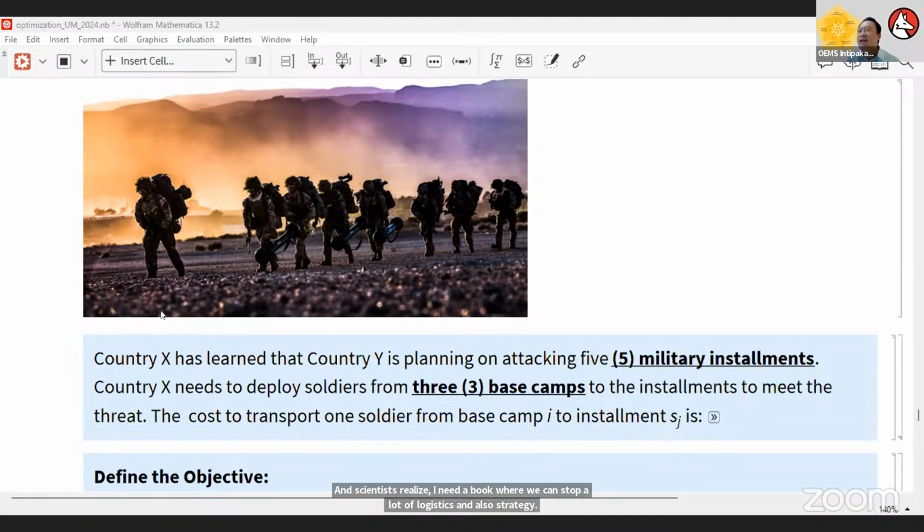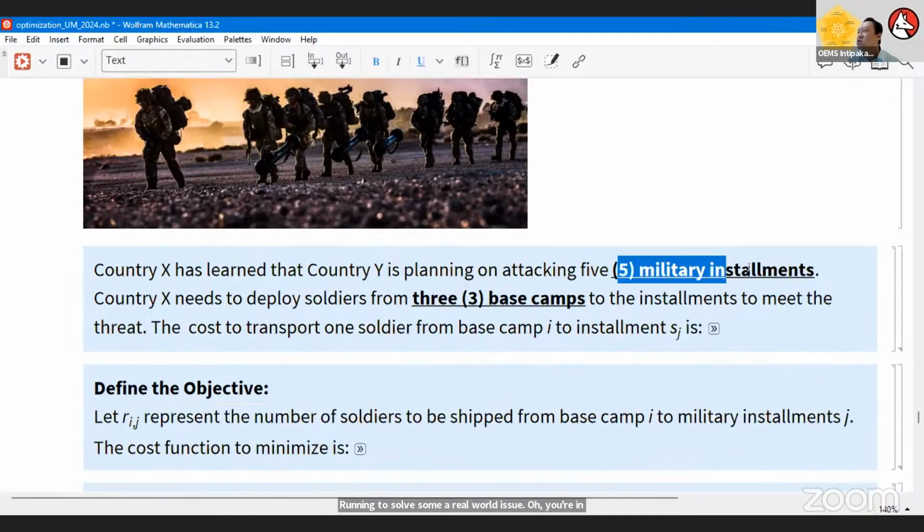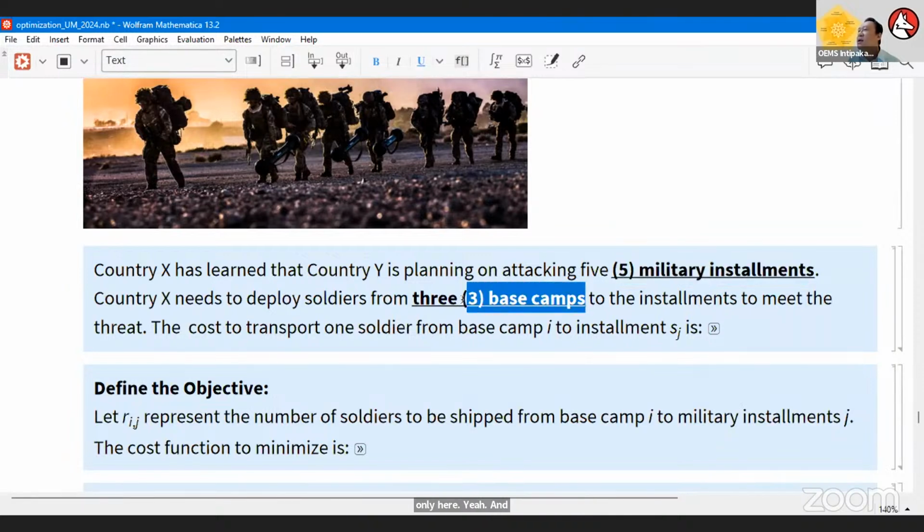So we use this classical textbook 101 example to see how we can use convex optimization in linear programming to solve some real-world issue. For instance, here we have 5 military installments and there are 3 base camps. These 5 military installments could be in forests, at sea, in soil, in cities.